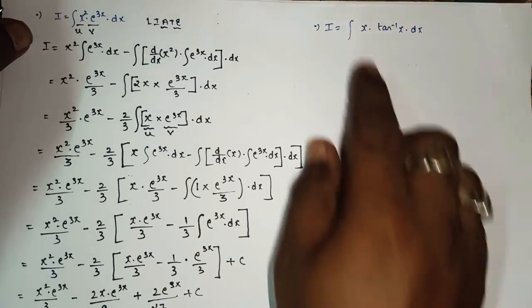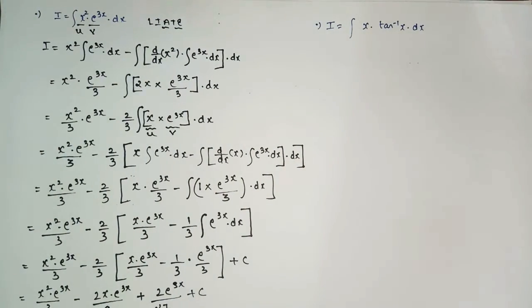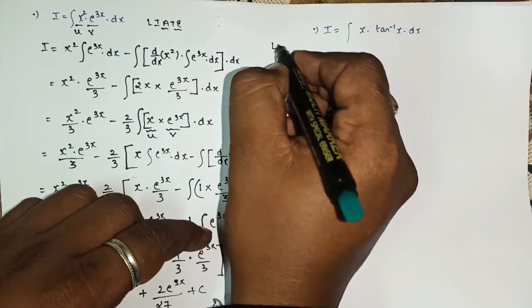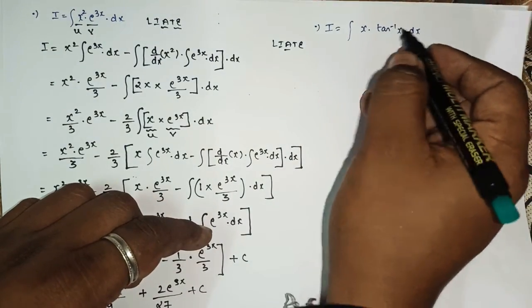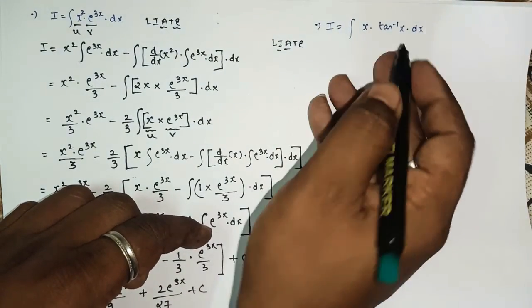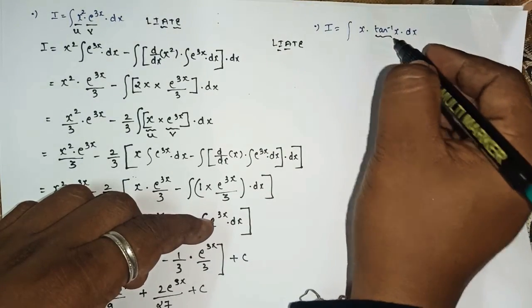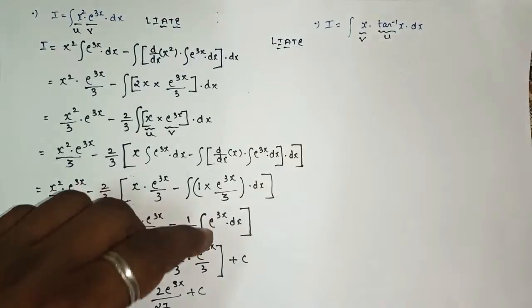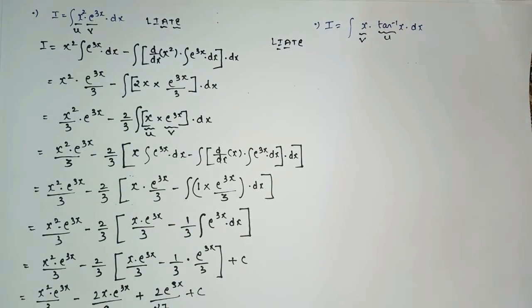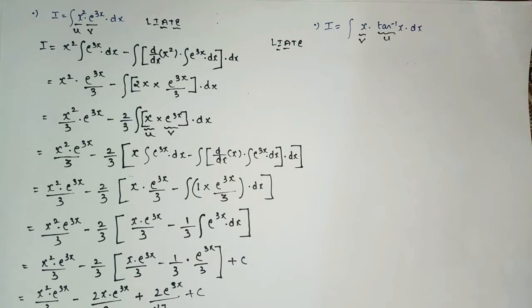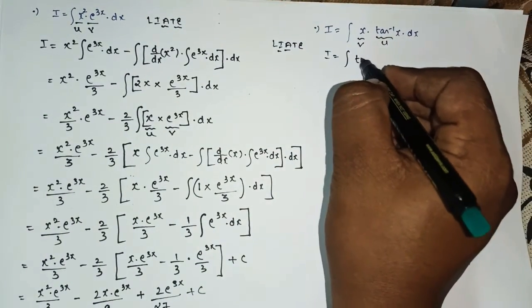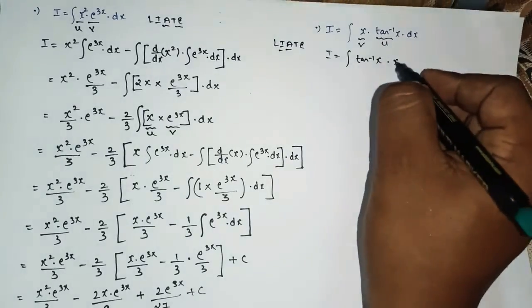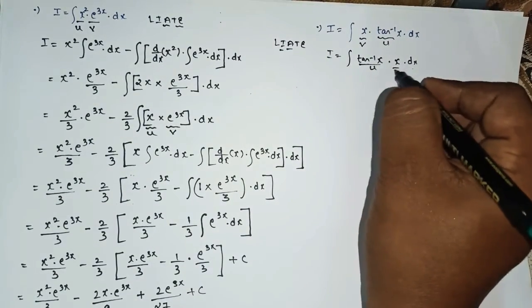So here we have x into tan inverse. So as per the rule LIATE, x is algebraical and tan inverse is an inverse function, that is I. So here this is u and this will be v according to the serial order of the letters in LIATE. So inverse comes first and then after that algebraical. Yes or no? So here I equals integration tan inverse x into dx. So this will be what? u, and this will be v.